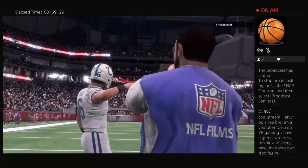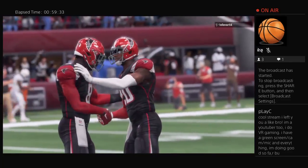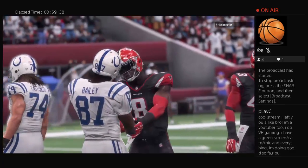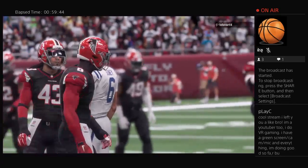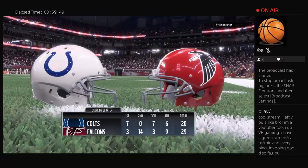Exactly right. When you start a season, everyone's goal, win all of your home games, split your road games, and you're likely going to be in the playoffs. But when you win at home, boy, what a great feeling that is. You don't even mind if people are at your house when you get home after a win like that. So for the Falcons, they're on a nice early roll as they...